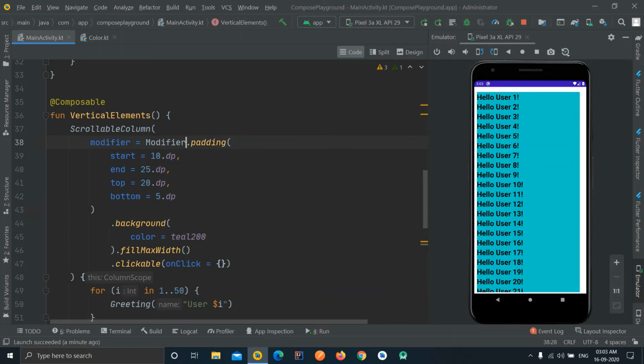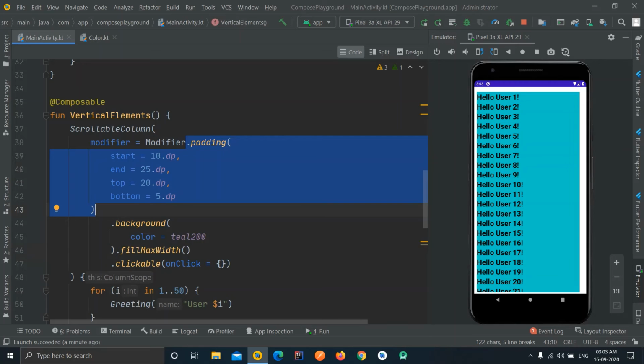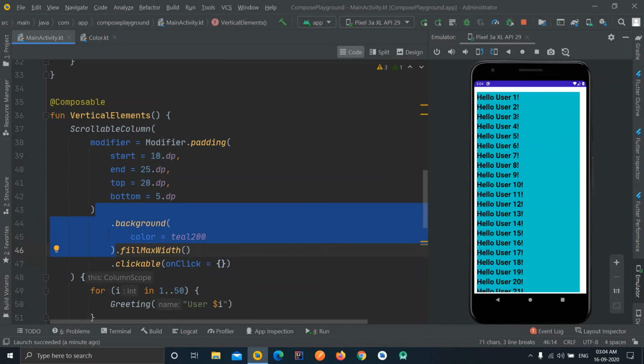So this is the way you have to define everything accurately in the same order. In my order, the padding is defined in the first place, then a background color. So a padding will be set first to this particular UI element, and then only a background color is set to this UI element. So this is the way this whole thing works for modifiers.